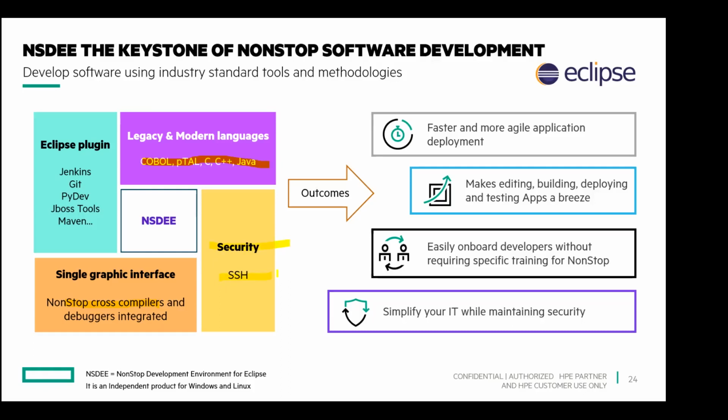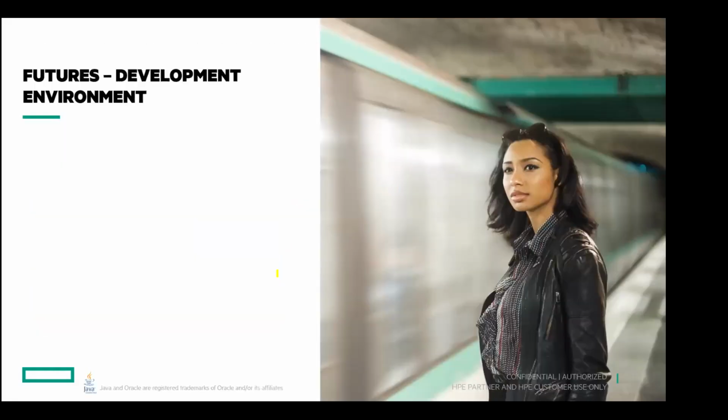And I'm not going to go into the details of NSDE 10 or NSDE 11 features here because it will occupy time, and that's not very important here, I thought. So there is a big data sheet available for NSDE that I had written. It's about 14 pages. So that's available on the web, and you can search for the full name of NSDE, Nonstop Development Environment for Eclipse, and get a data sheet and list all the features right from day one, what we are supporting.